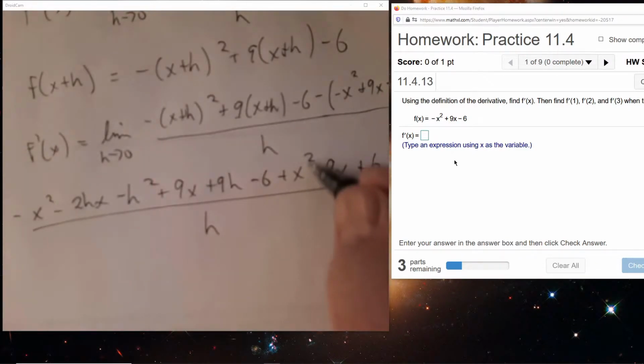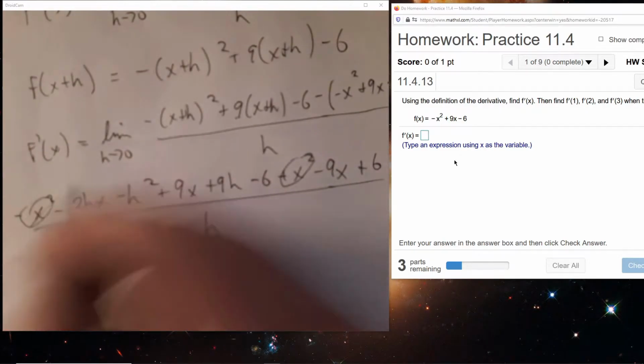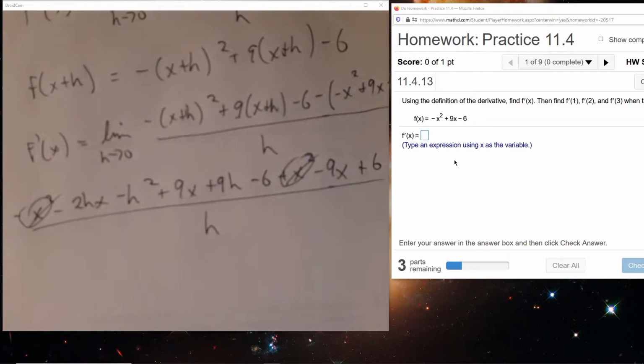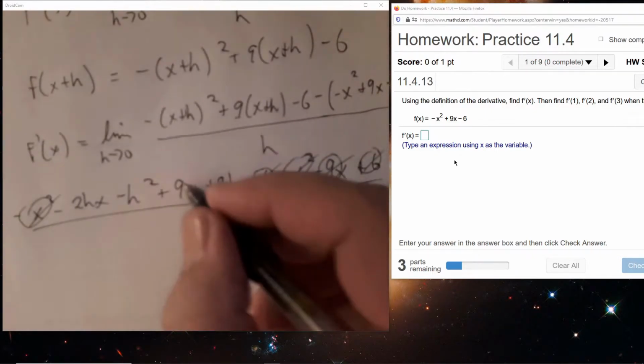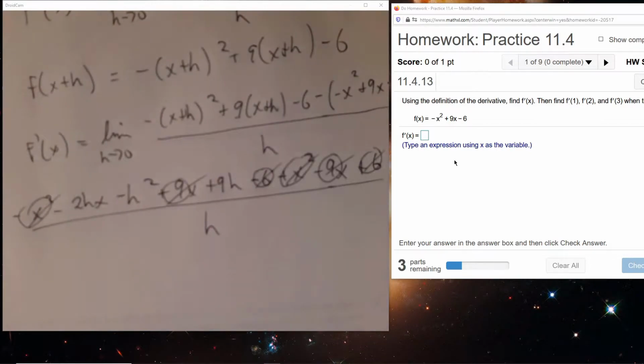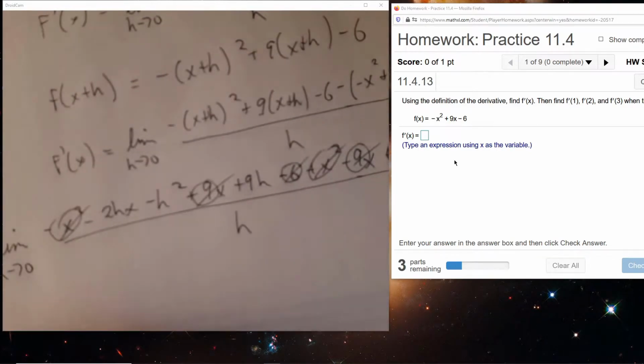So what do we got? We have positive x squared and negative x squared. We'll subtract out. Plus 6 and minus 6 we'll subtract out. We have minus 9x and plus 9x. Those will subtract out. And so we're left with